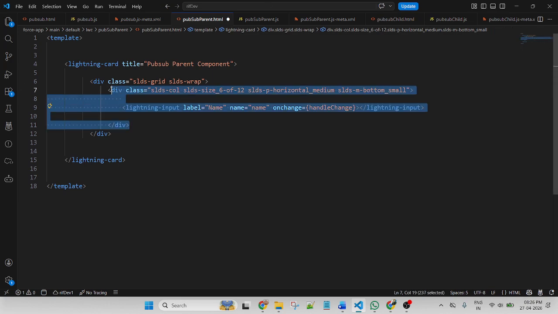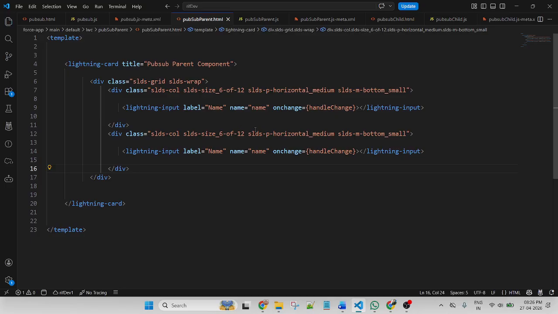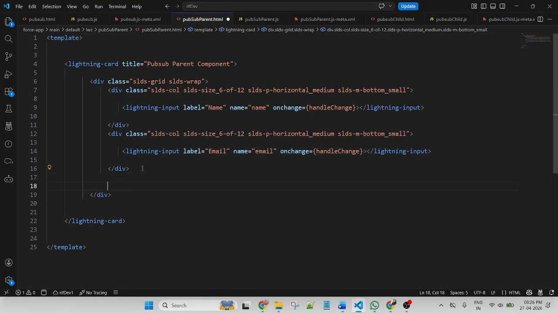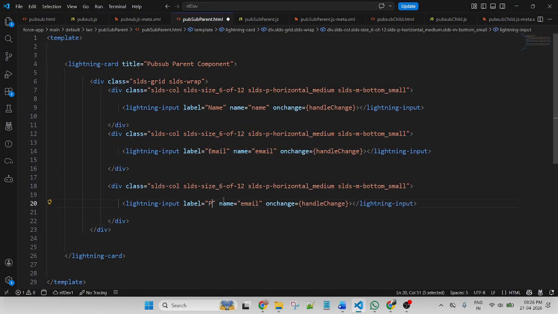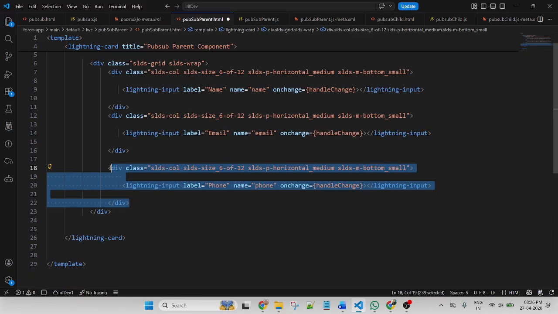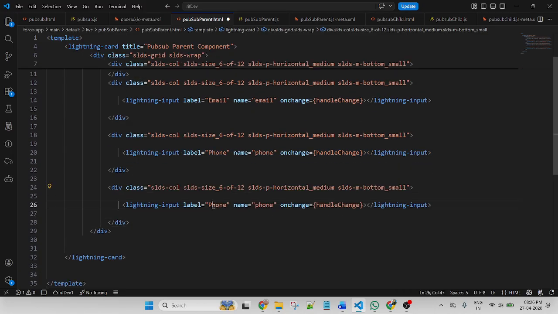Then copy, paste for email, copy, paste, phone, and copy, suppose city.